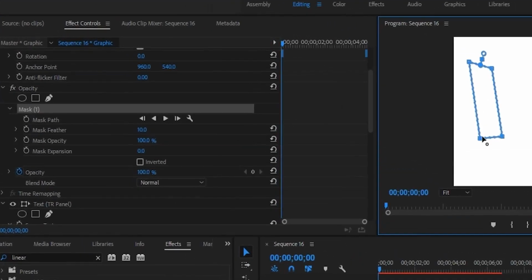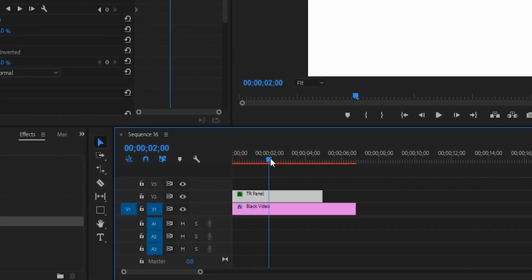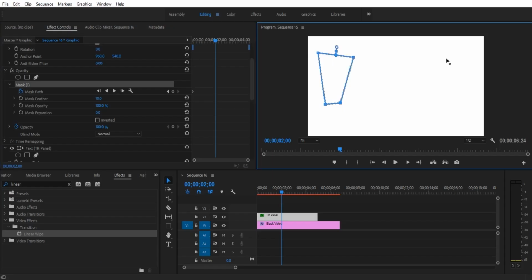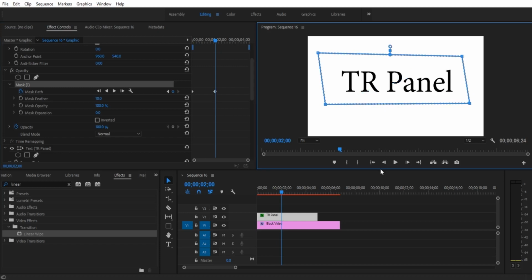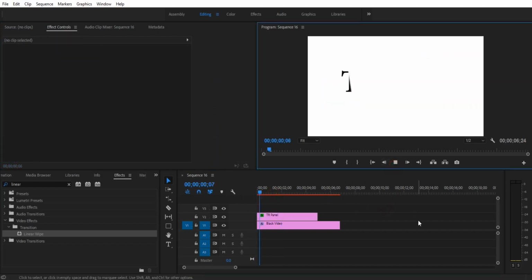Now you can see here mask path in this effect control. Enable this keyframe and move forward to 2 seconds. Now click on this mask. Now your rectangle is appeared. Change this like this. Now your whole text is appearing. Now if you see the animation,